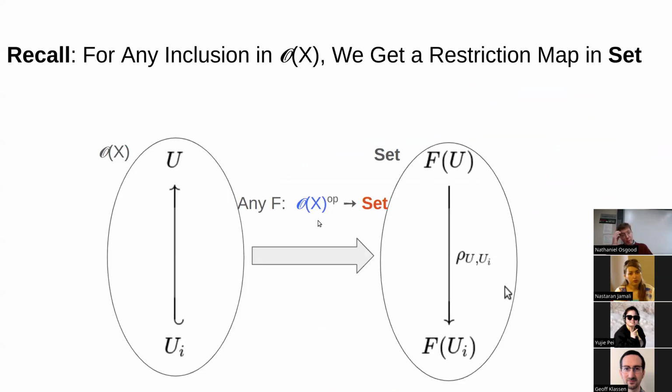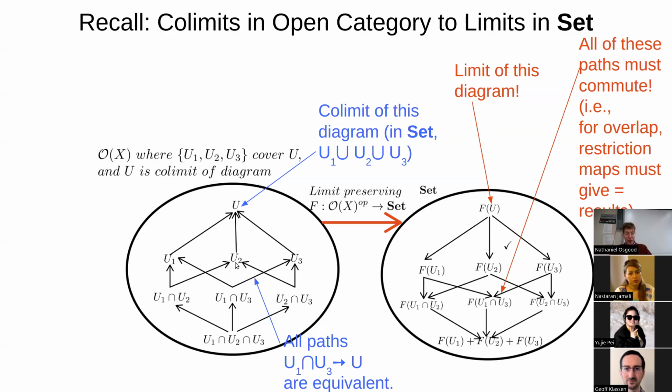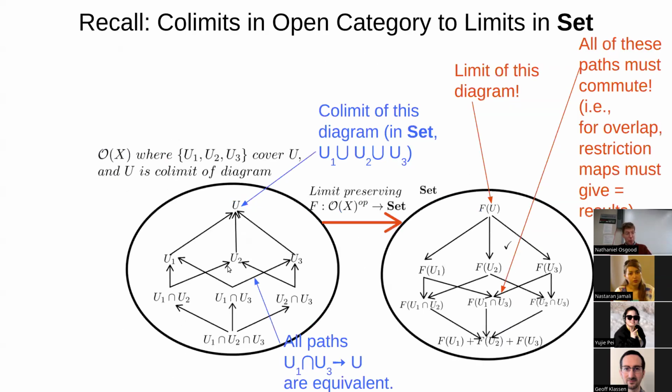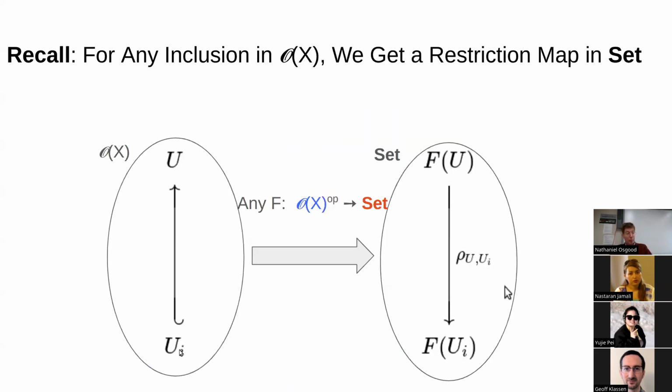Okay. Now, I'd like to take this one step further for another high-level definition. I think we will all agree that if in this category we have something like this, U1 going to U, so something like this, for example, right? If you have some Ui, say U2, going up to U, if we map it over with any presheaf, we get a restriction map, right? And I'm going to label that